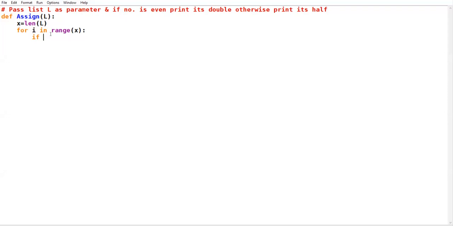Okay. Now L of I means the element. I is the index, L of I is the element. If L of I modulus 2 is equal to 0, this statement will check whether my element is even or odd.